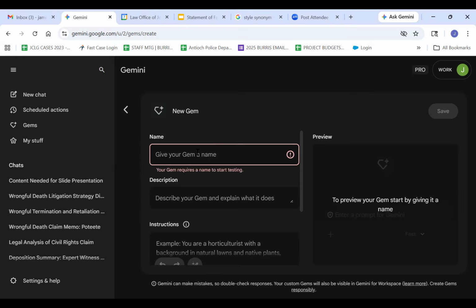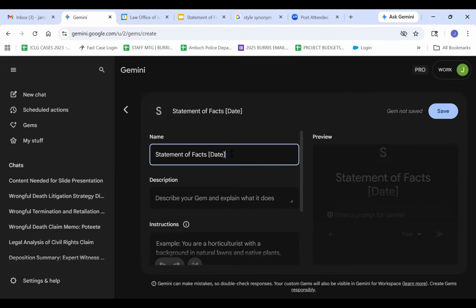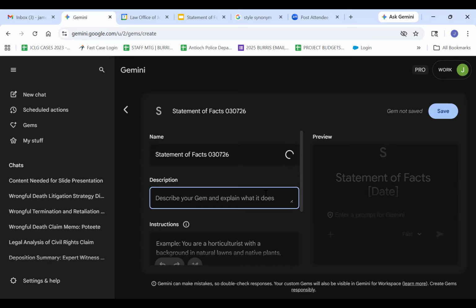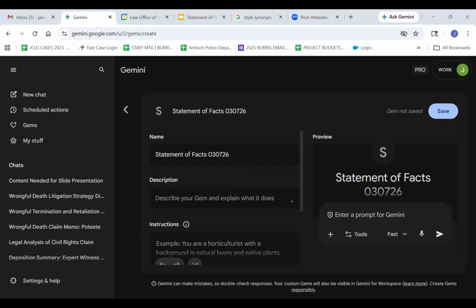So you guys can see my screen, right? And we're calling it statement of facts, and I'm going to put the date. We're going to call it statement of facts, and then I'm going to say 03/07/26. All right. Then our description. So if you go to that email that I sent you, and you find the description, it says create. I'm going to cut and paste where it says create a statement of facts